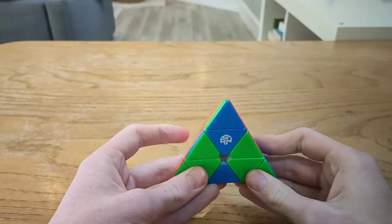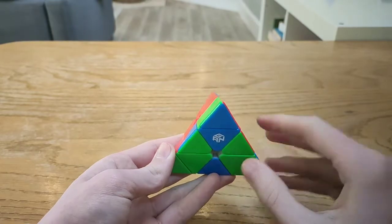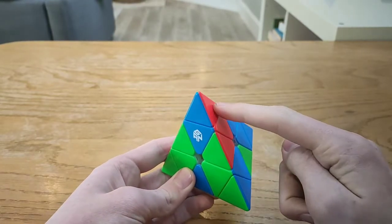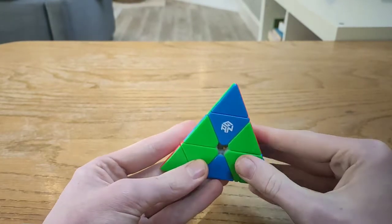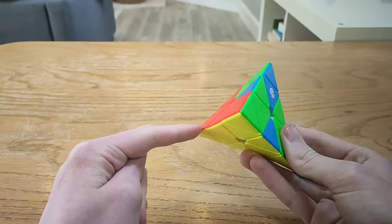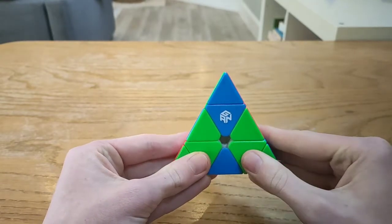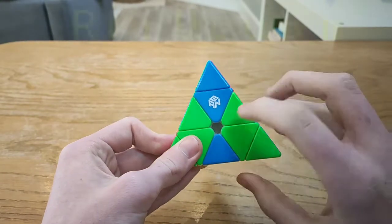In this case, you have one piece that's in the right place but flipped, and you have a bar pointing down to the left. So you want to hold your correct piece to the left on the bottom, and your bar to the right here. And the algorithm is